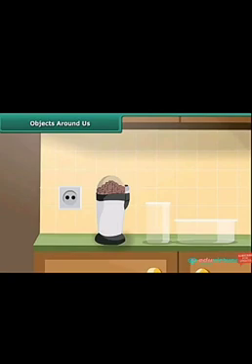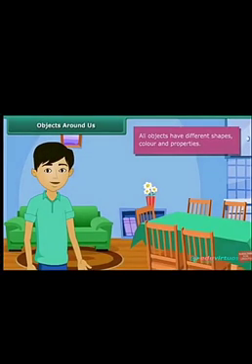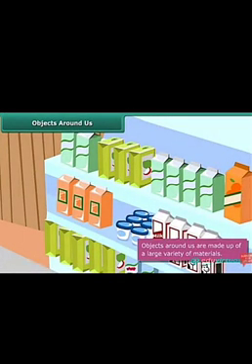Here you can see Aryan is showing his home. Sofa is there, dining table is there, chairs are also there, and you can see all the three wooden furniture have different shapes. Here you can see different shapes also of different grocery material.